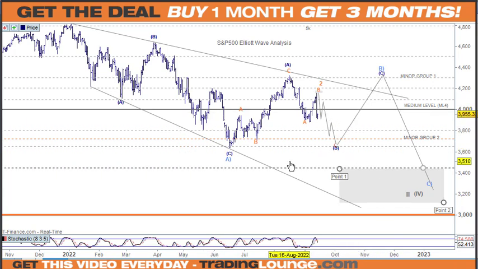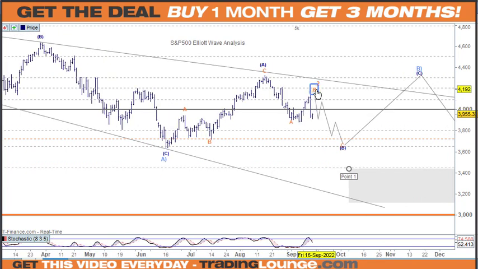So we've got this up here as wave B or wave 2 here. So this would be wave 1 here, wave 2 here, and then going down for wave 3 here. In both cases, the same structure is going to be in place. We're looking at this as smaller wave 1 here. We're looking for the wave 2 rally for Thursday, and then Friday and Monday and Tuesday to be the third wave here, the fourth wave and the fifth wave to come down here. And there will be some sort of support here for this.